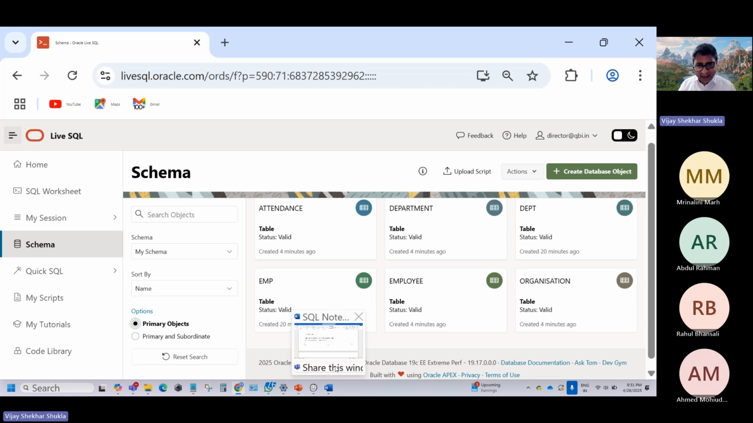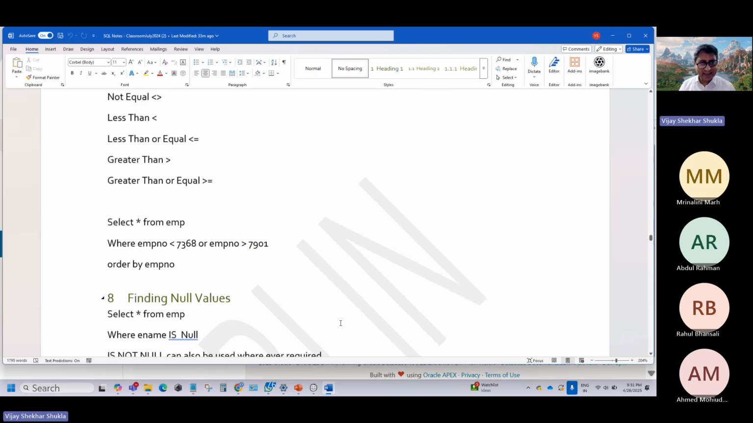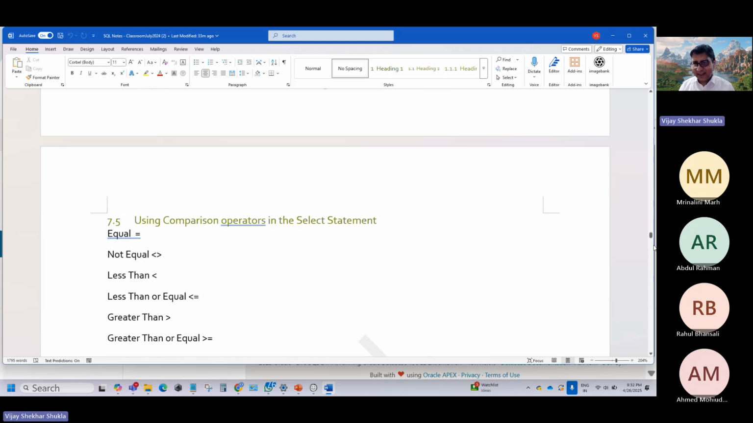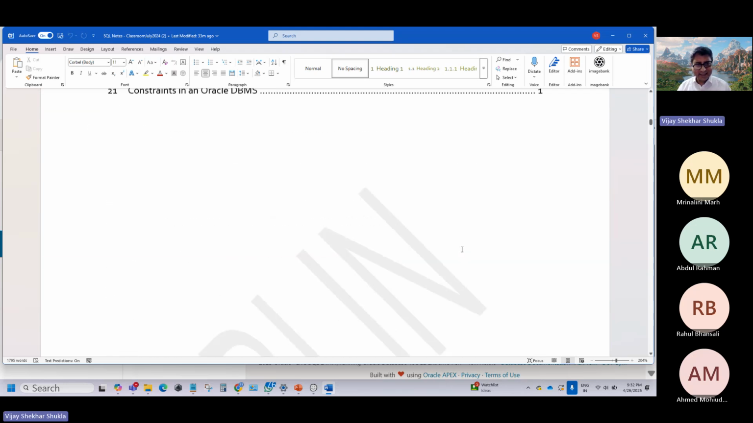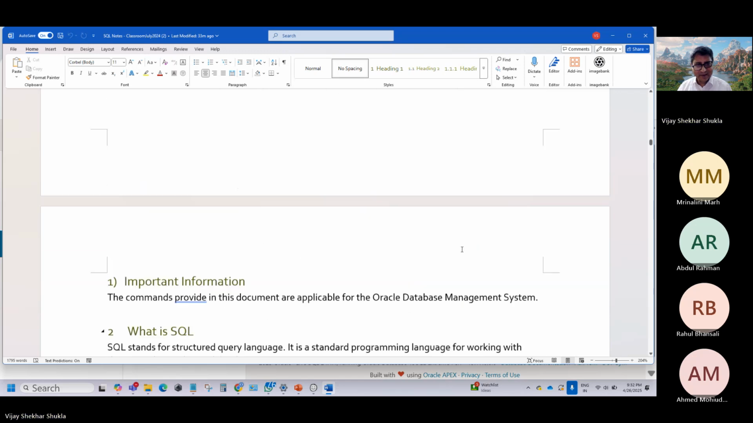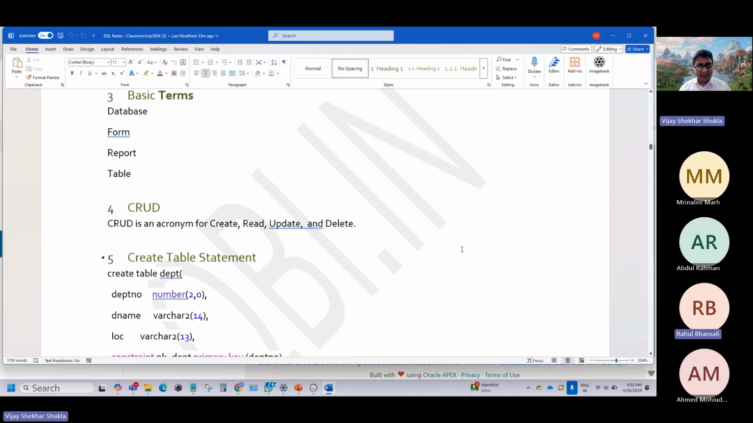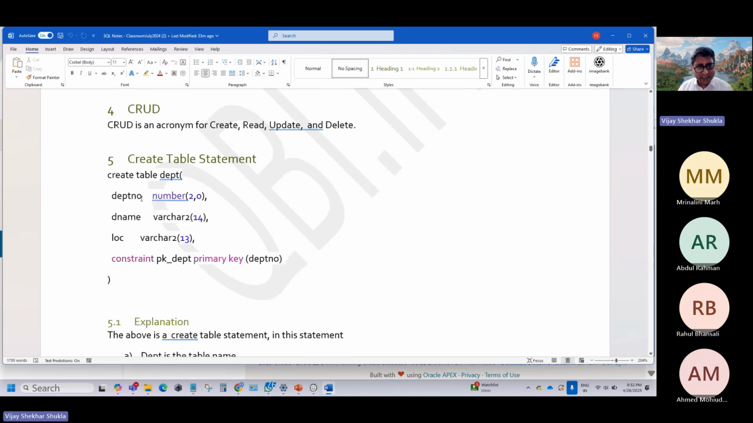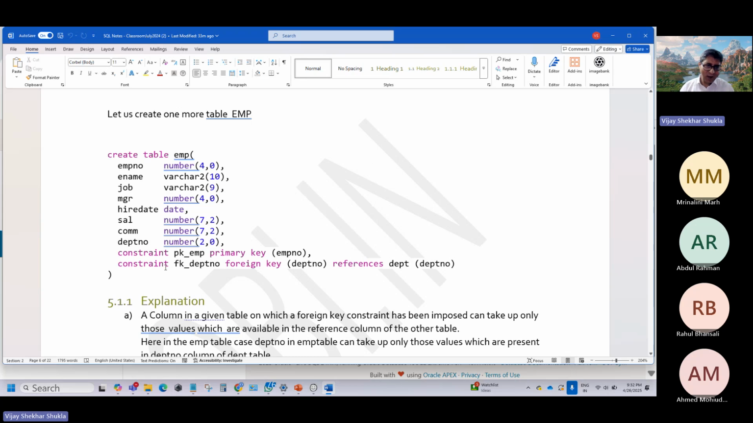We move ahead with our SQL notes. On the SQL notes, if you remember, we have covered these. I will very quickly run you through what we have done, as a quick revision. We covered what is SQL. We covered the basic terms: what is a database, form, report, and table. We learned CRUD is the acronym for create, read, update, and delete. Then we learned the create table statement and also the primary key constraint. And we learned also the foreign key constraint and how a foreign key and a primary key relationship is created